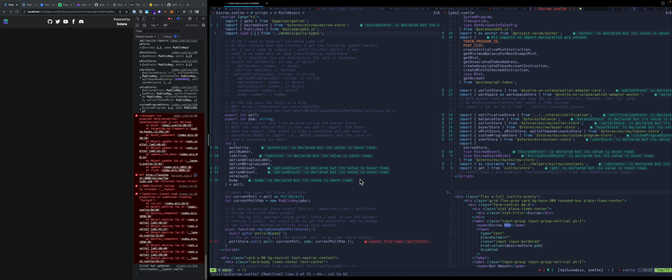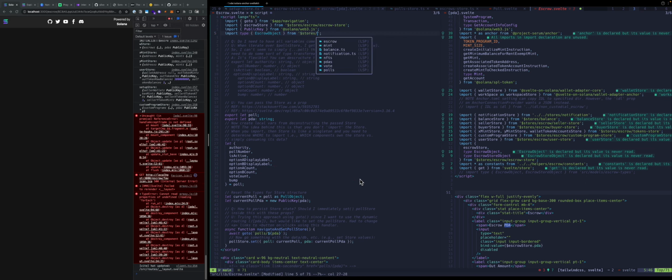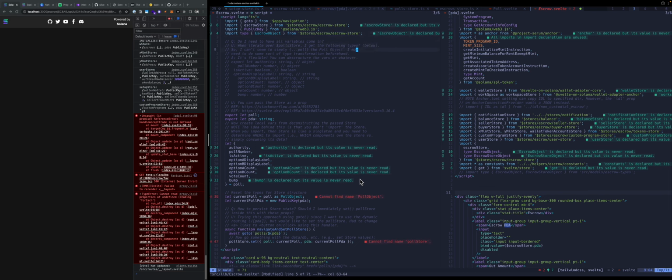Let's see, it's the escrow object, and it's actually coming from my stores, escrow. I think it's the escrowStore. Yeah, I feel like that is where I have it. I don't have a whole folder or file for types yet. Maybe I'll do that, but